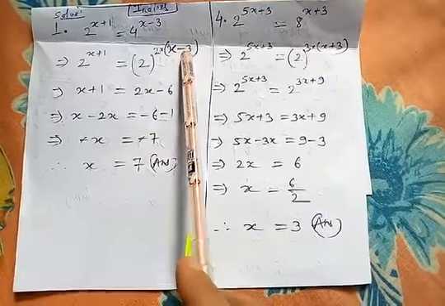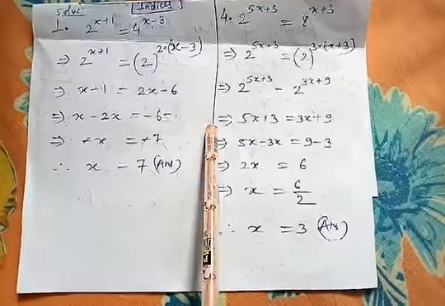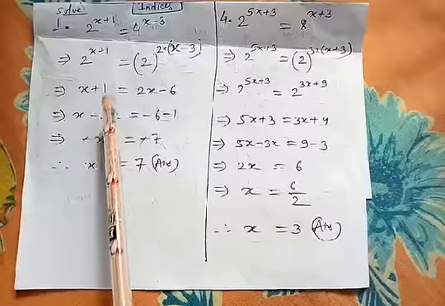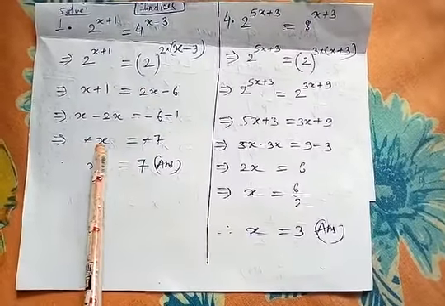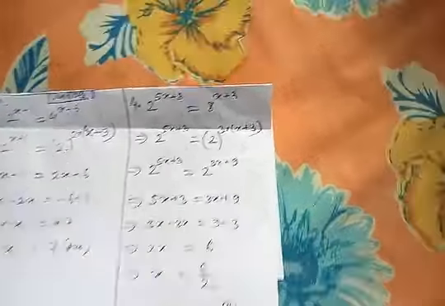Now 2 into x is 2x, 2 3 is minus 6, and here x one side, number one side. So x is here and this x comes this side, minus 2x, this 1 goes that side, minus 1. It is minus x and it is minus 7. Minus got cancelled, x equal to 7.